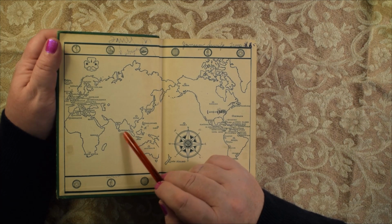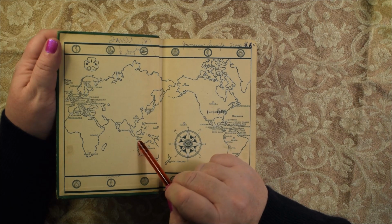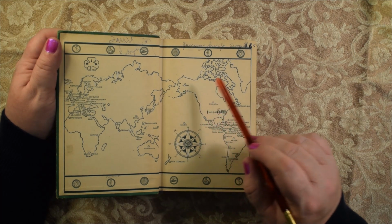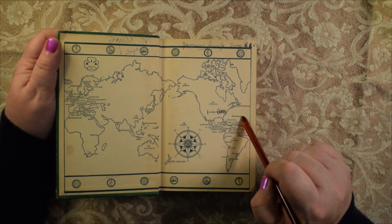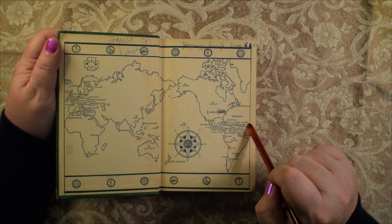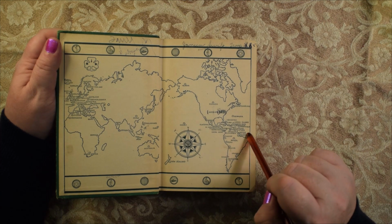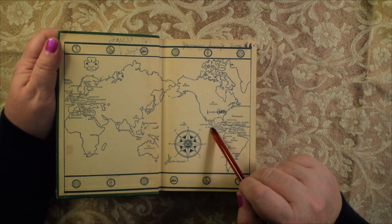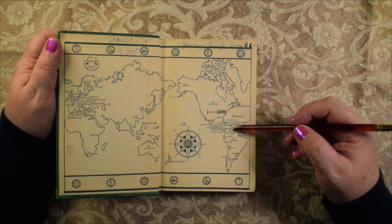India, Ceylon, China, Korea, Philippines, Guam, Java, Australia, New Zealand, Alaska, Canada, United States, Newfoundland, Bermuda, Nassau, Cuba, Virgin Islands, Puerto Rico, Barbados, Martinique, Haiti, Trinidad, British Guiana, Dutch Guiana, Guatemala, Mexico, El Salvador, Nicaragua, Costa Rica, Canal Zone, Venezuela, Colombia,